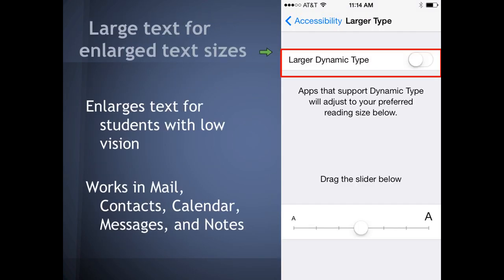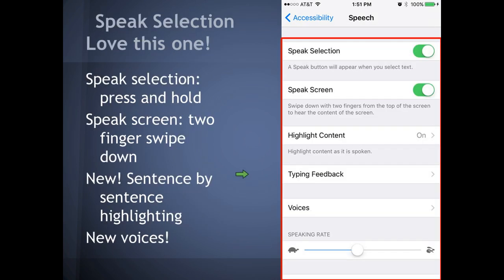Okay, large dynamic type, I went over this really quickly. The slider, you can move it bigger or smaller to increase or decrease font size, not new but a good reminder. And speak selection. So we're moving down into speech now. What speak selection does is it enables you to, go on into speak selection. If you enable speak selection here,